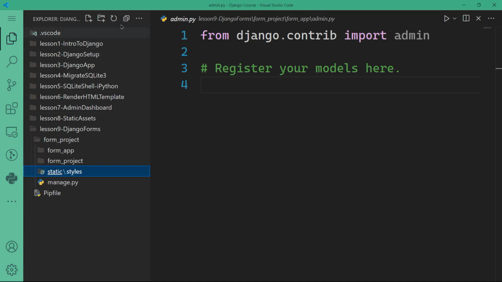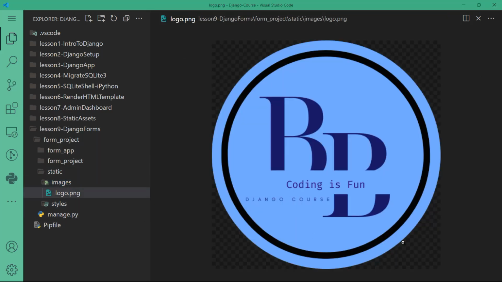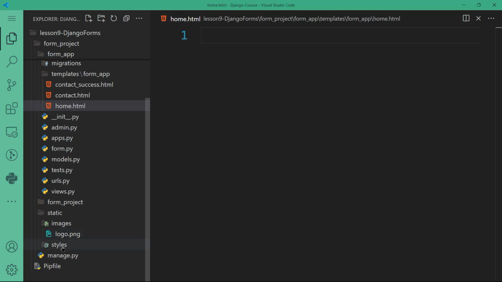Also, I want to create images, and we won't need any JavaScript. And I've created the logo. I want to put it here in images. That's the logo that I created. Could be your personal logo or any other logo. The next thing, inside styles, I want to create